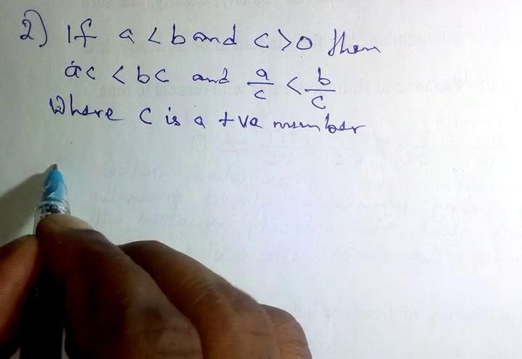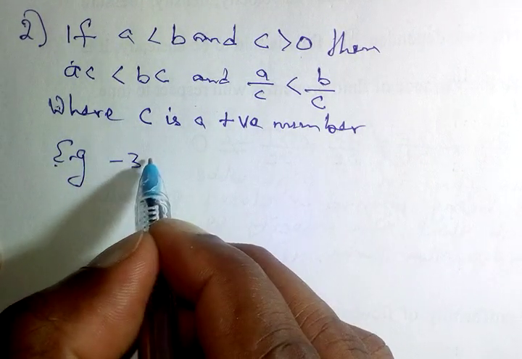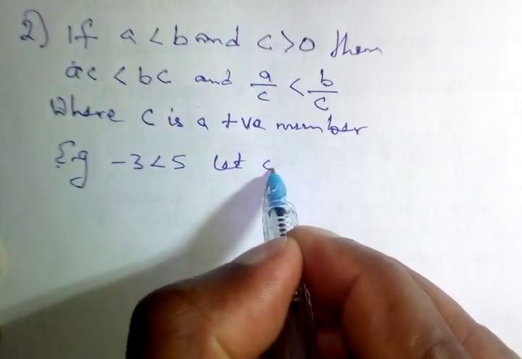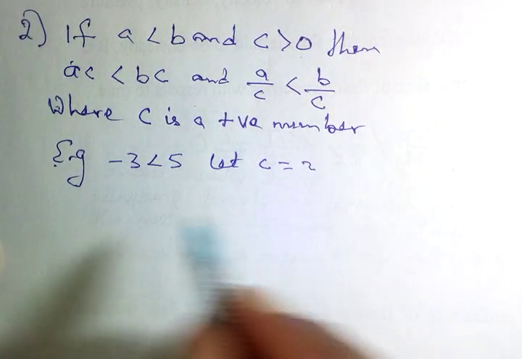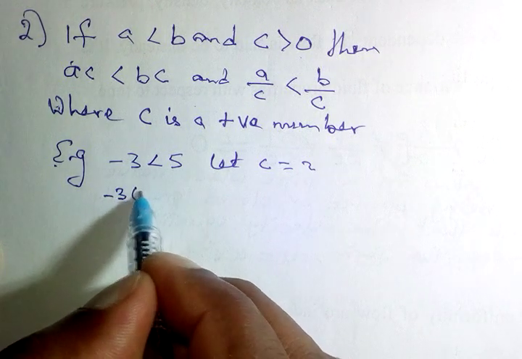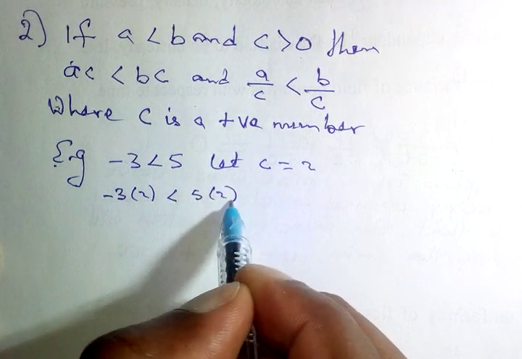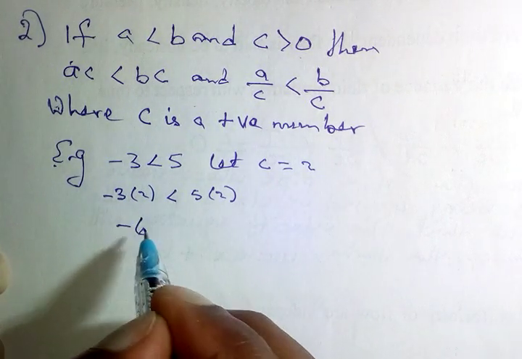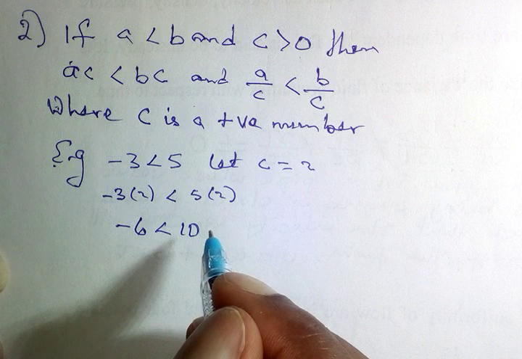Example: if we have again our number minus 3 to be less than 5, let C be equal to 2, which is a positive number. Then you have negative 3 times 2 will still be less than 5 times 2, which in this case will give me negative 6 less than 10. Okay,